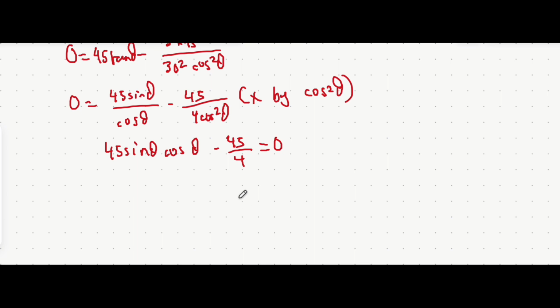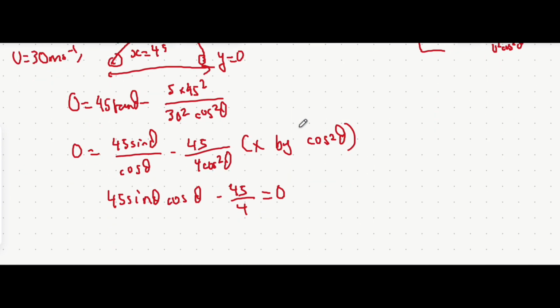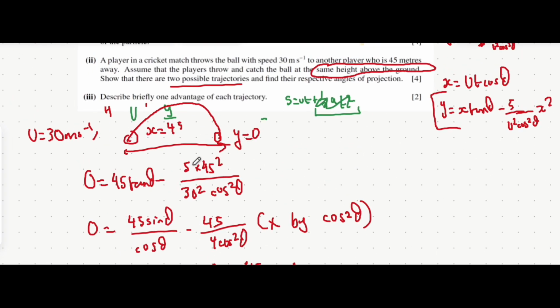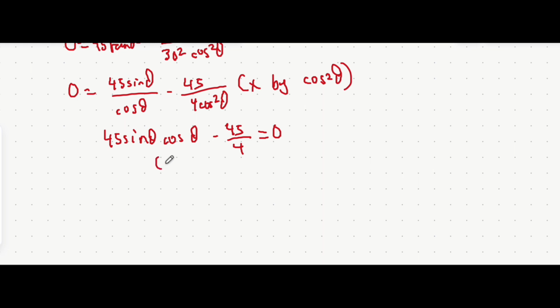Moving on now, how do we solve this for theta? Because that's what it's asking for. It wants us to show that there's two trajectories, which we can do by showing that there's two angles of theta that it can be projected from, if that makes sense. Well, I think the easiest way is to start by multiplying each individual term by 4 to make it easier to solve. So 45 times 4 is actually 180. So 180 sine theta cos theta. The times by 4 and the divide by 4 cancel out here, leaving you with just 45 for the second term